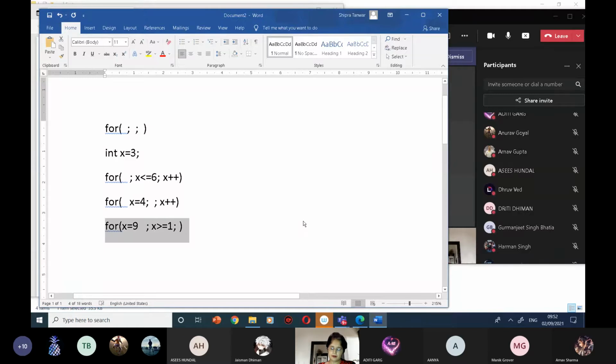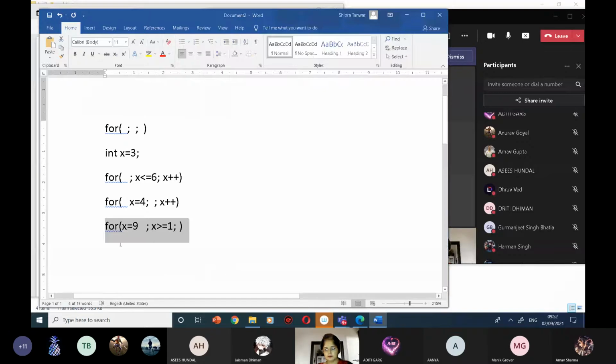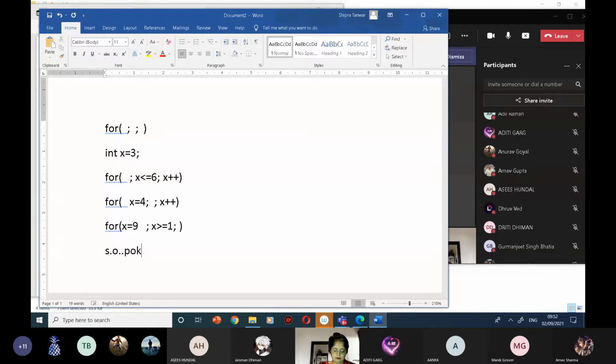and what kind of loop will it be? Can anyone tell me what kind of loop it will be? Come on, what kind of loop will it be? x is equal to 9, x is greater than equal to 1. I don't have a decrement. Let's say I print over here, infinite, and then I print x. What will be printed? Nine. Nine. And after that,